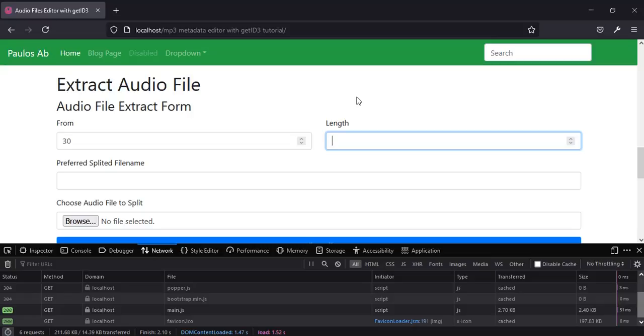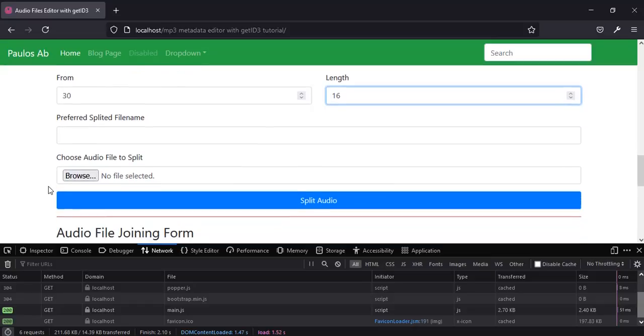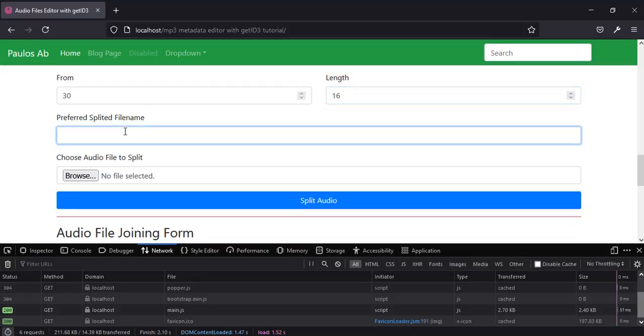I want to extract how many lengths. Let's see. Not to waste our time, let me just extract like 14 seconds. So it's going to extract from 0 to 13. So if I want it to extract exactly 14 seconds, or let's say if I want to extract exactly 15 seconds, I'm going to put 16 at this, from 0 to 16, from 0 to 15. So that's going to make 15 seconds. Then preferred file name, what do I want to call it? Just test splitted